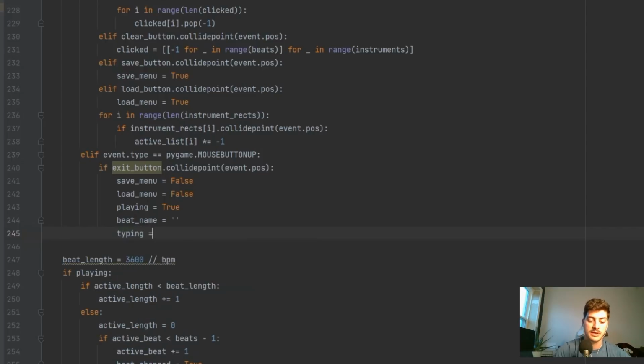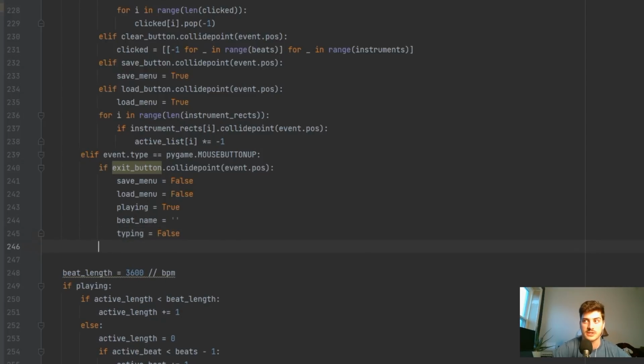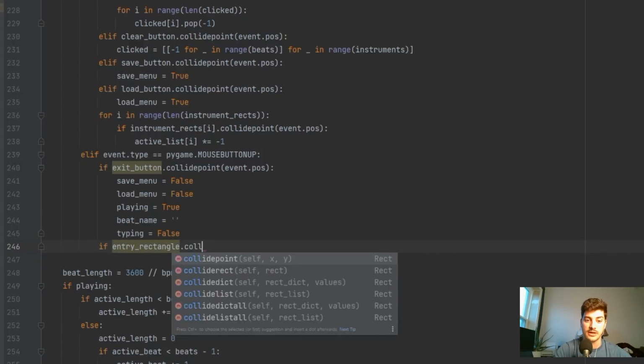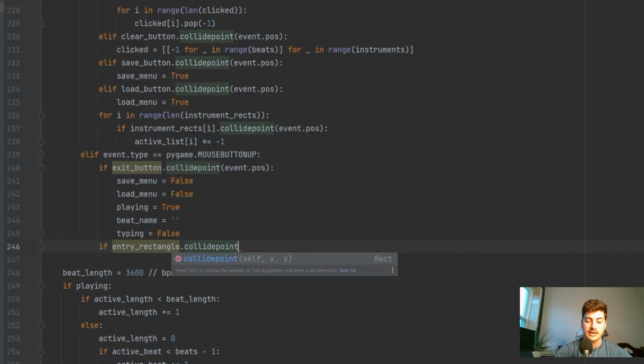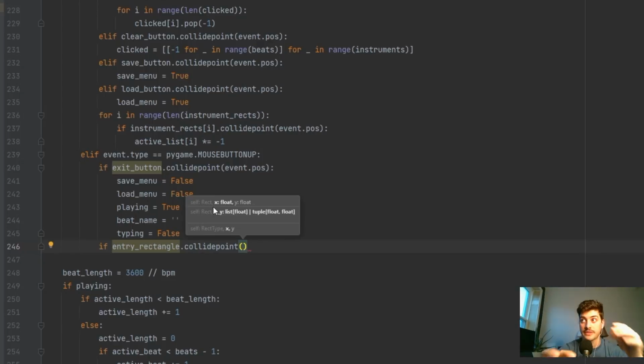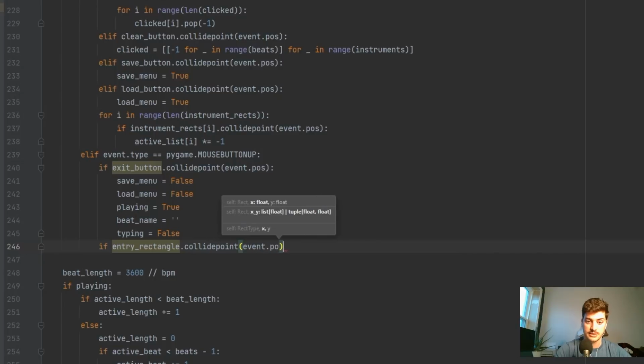And if you were typing, we'll set that back equal to false, because now you're obviously not typing. All right, and so let's start taking a look at the things that we just defined in the menu and what we want them to do. So if you click the entry rectangle, then what we want to do is basically change what state of typing you have. So if entry rect collide point event.pos,